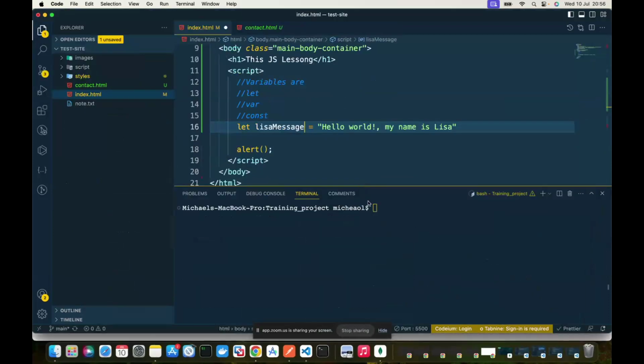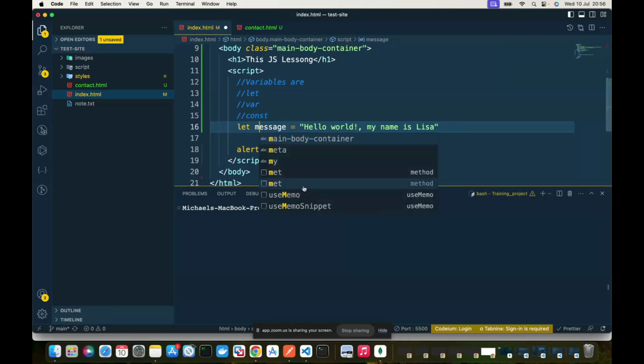So that is the best way you want to write. But if it's just one word, it must start with a small letter.